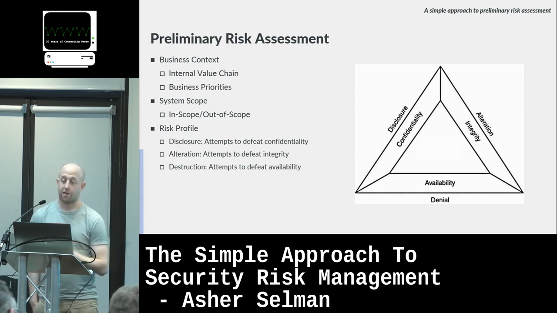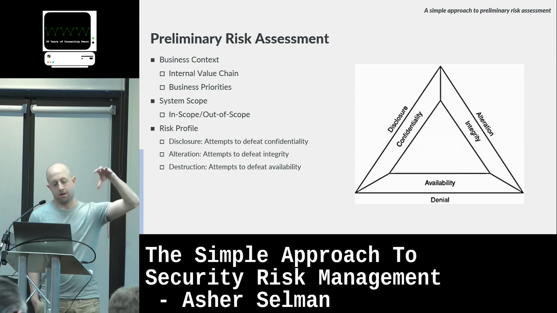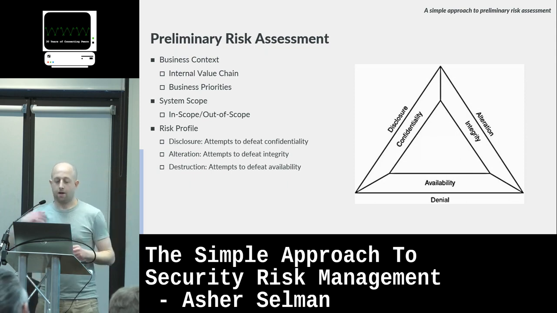The business context is key. A lot of people talk about business context because it's about translating a technical vulnerability into the business. What does it mean for the business up and down the chain? System scope: whereabouts within the organization is it facing? Is this internal or external? Is it this service or that service? Is it limited here or there?